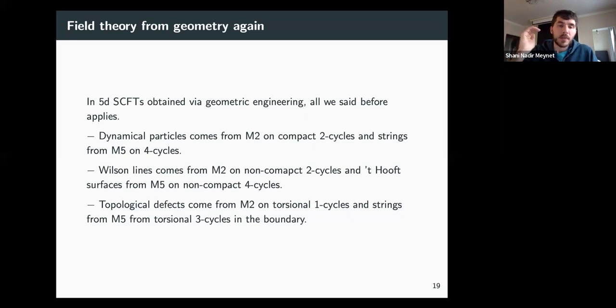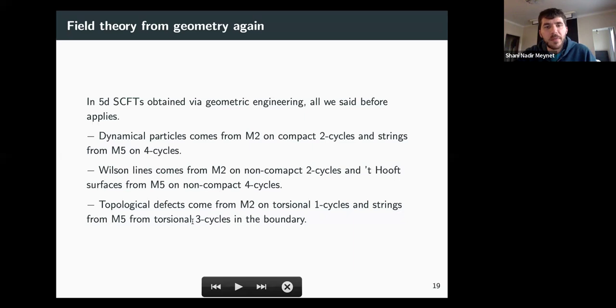In particular, we have that among the topological defects, M2 branes wrapping torsional cycles link with M5 branes wrapping 4 cycles, so they are able to measure the charge of BPS strings, magnetic strings, let's say, of the 5D theory, whereas M5 branes wrapped on 3 cycles are able to measure the charge of Wilson lines engineered with M2 branes on non-compact 2 cycles. In particular, we will focus a bit more on M5 branes wrapping 3 cycles, because they,